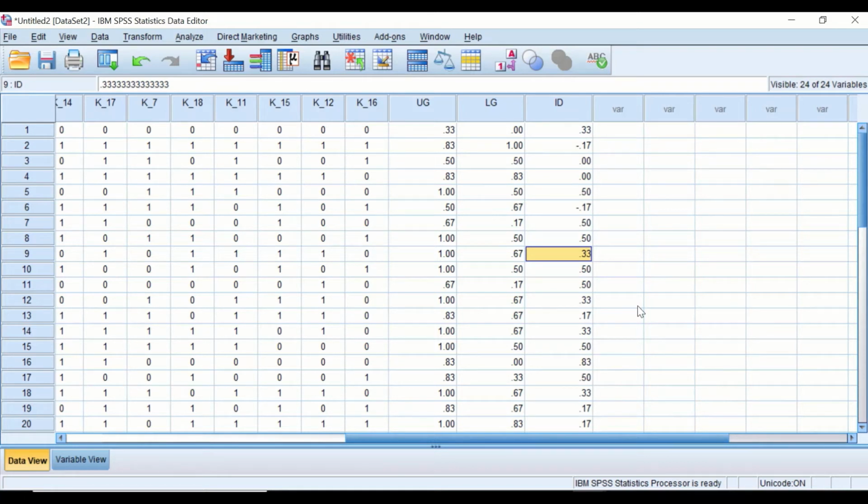One way to do that is to do an item discrimination analysis based on the formula formulated by Kelley's